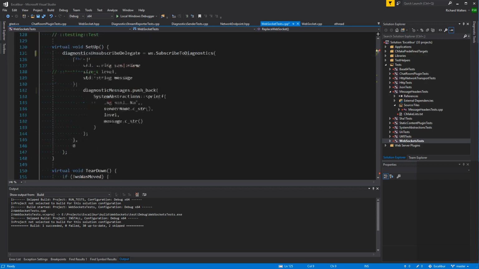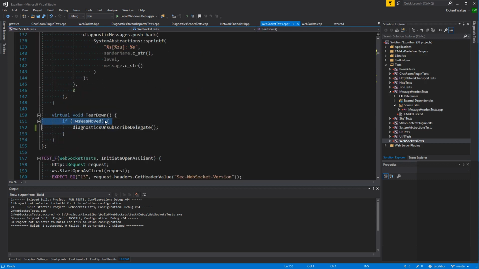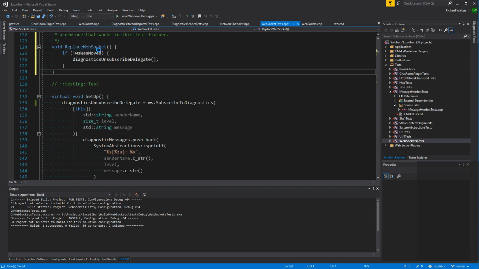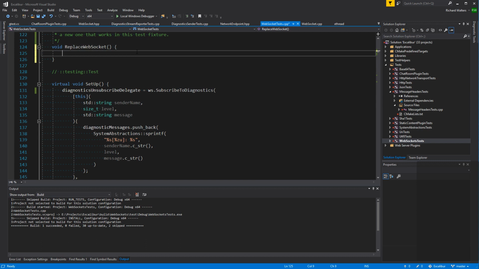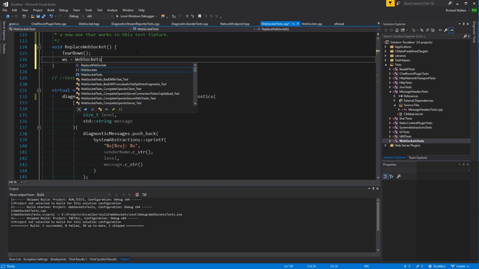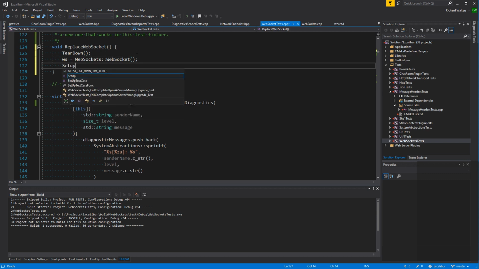Because what we've got to do is call teardown and then set up again, right? Teardown and then do this, and then set up.